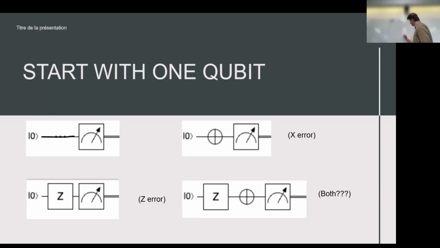Because, let me just write this really quick. We care because we correct them differently, and they have different effects. So imagine we have an X error. If an X error happens on our qubit,